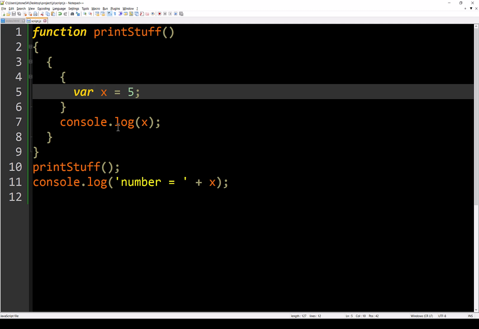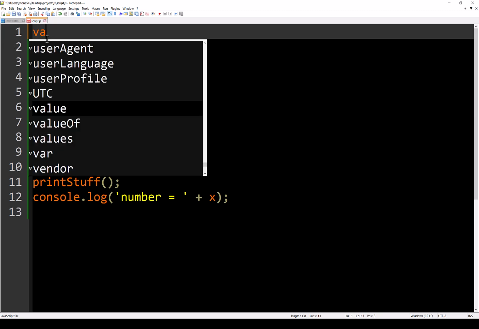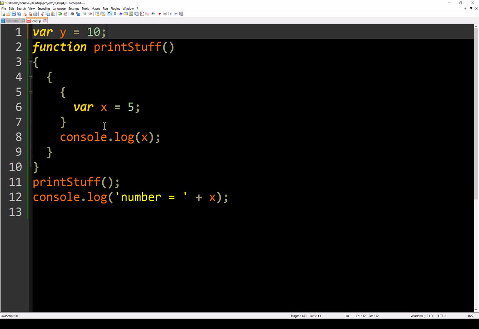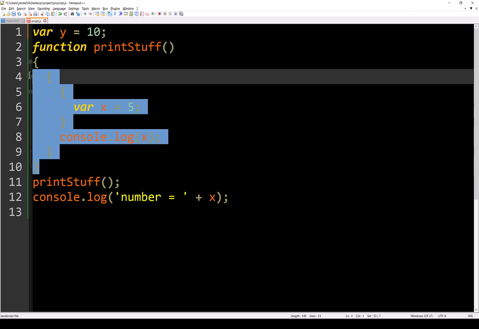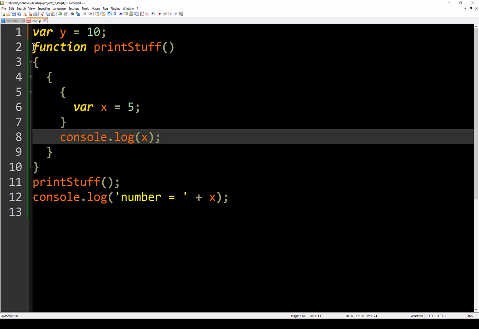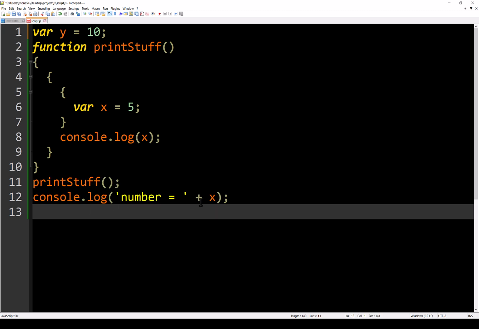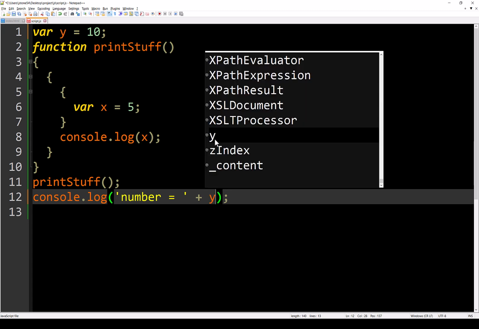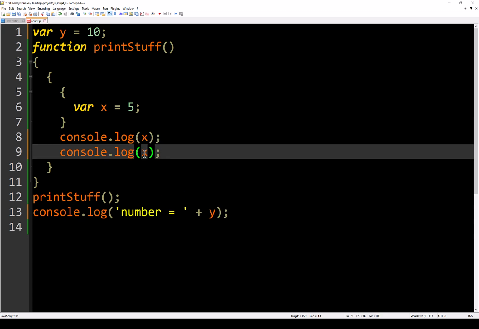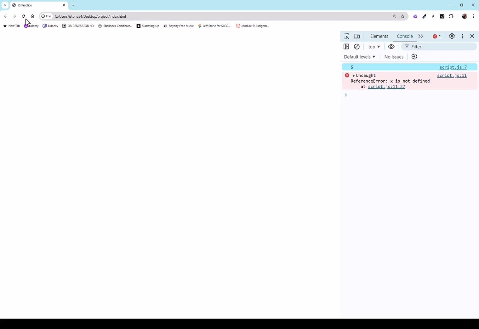If it's inside of a function, it will work anywhere in that function. If it's outside of the function, any functions that are at the same sibling level, if you will, have access to it. So we'll go back up to here for a minute. And if I say var y equals 10, then this var y is available anywhere in this function, because function is a sibling, right? It's essentially a sibling to line 1. And everything down here is also a sibling. So if I were to put the y right there, and we'll do a duplicate here, we'll put a y right there, all that will work just fine. You refresh it, and you see we get no errors there, everything printed out, no problem.